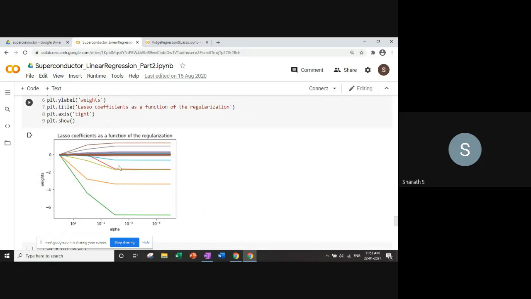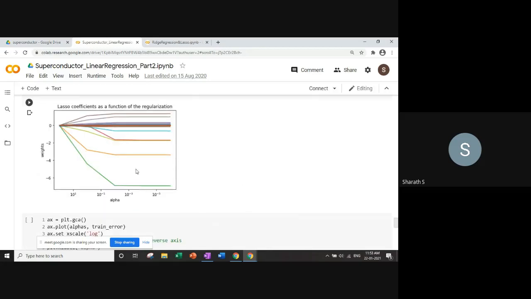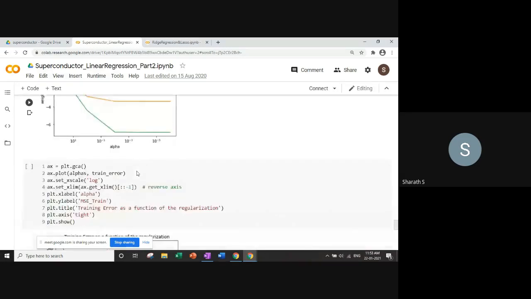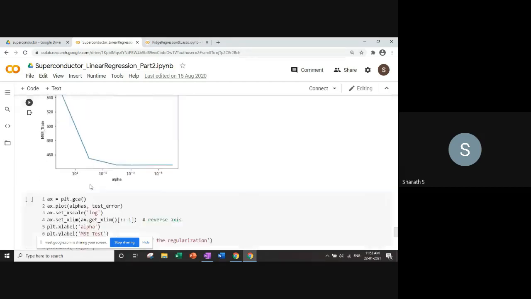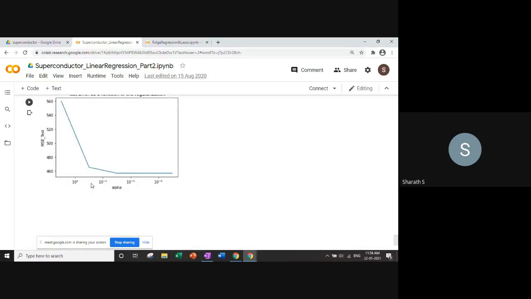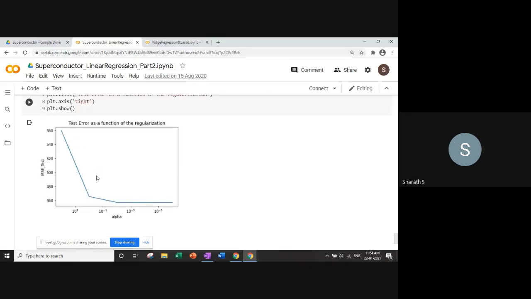So that is how you see the difference between what ridge regression and lasso are doing. If you look at the training error, again the same trend. The training error with all the coefficients was very good, but as you start shrinking them, the training error increases. But what we are concerned with is the test error, and unfortunately, the test error is also behaving the same way. So why is the test error also behaving the same way?